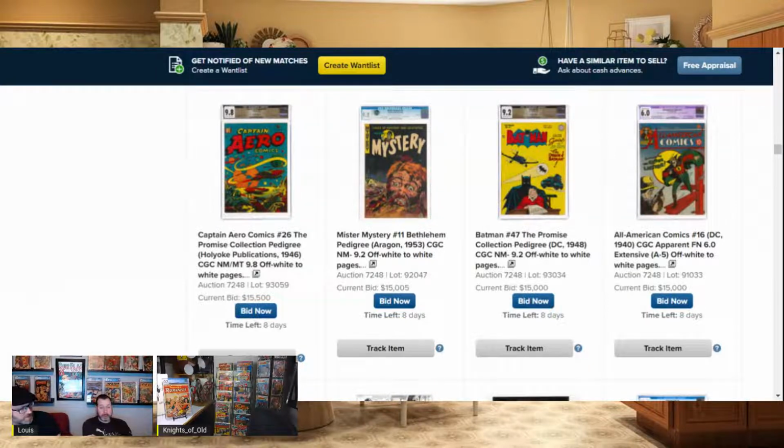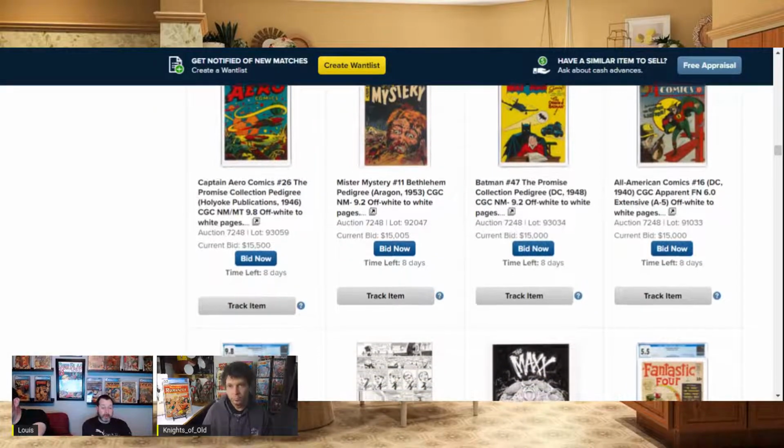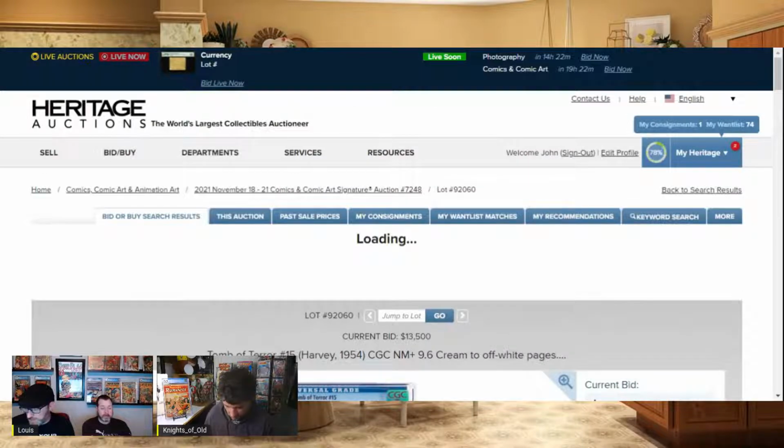Yeah, the All-American 16, I've probably heard me say this, but I'm pretty sure that of those key superhero comics in the Golden Age, it is probably the rarest of them all. There's certainly fewer of those than probably any of your other big superhero keys from Golden Age time frames. I can't remember the census numbers, but